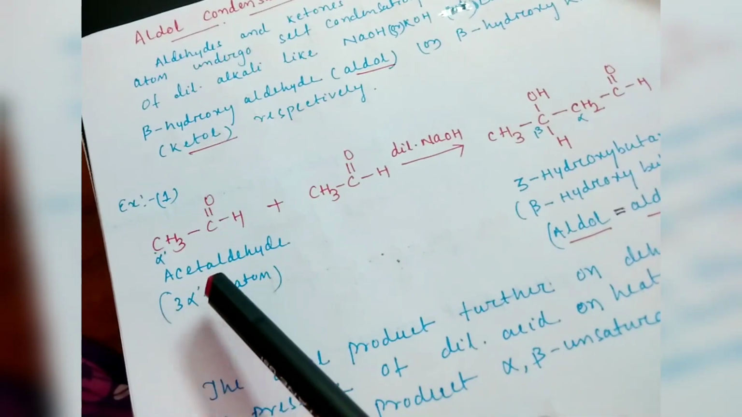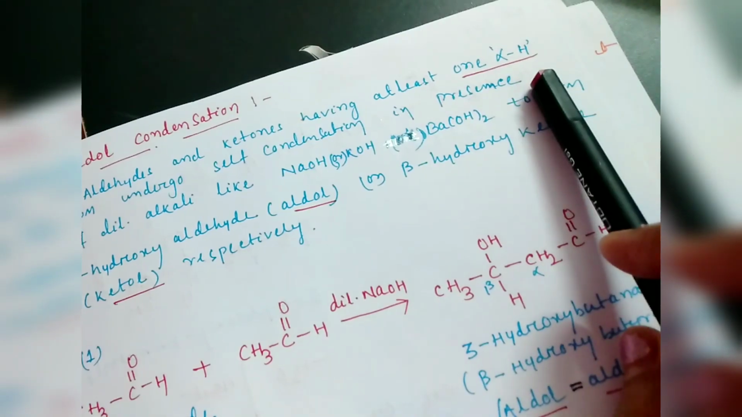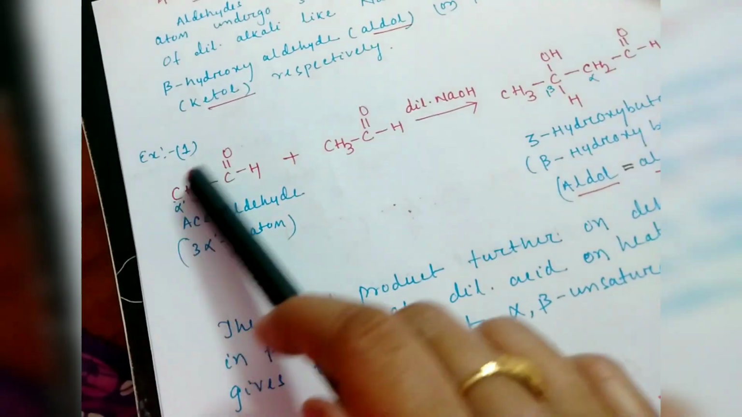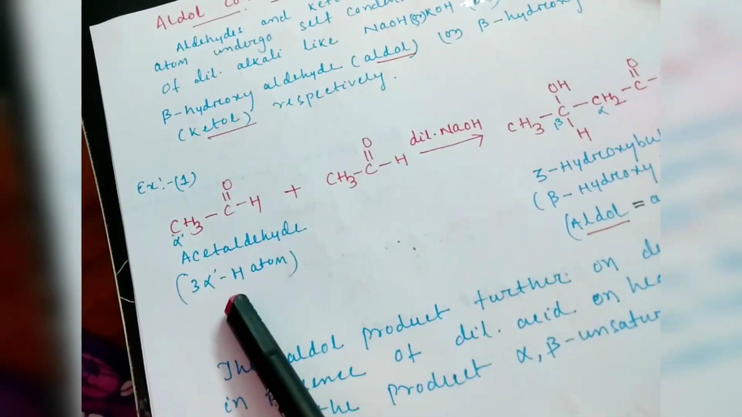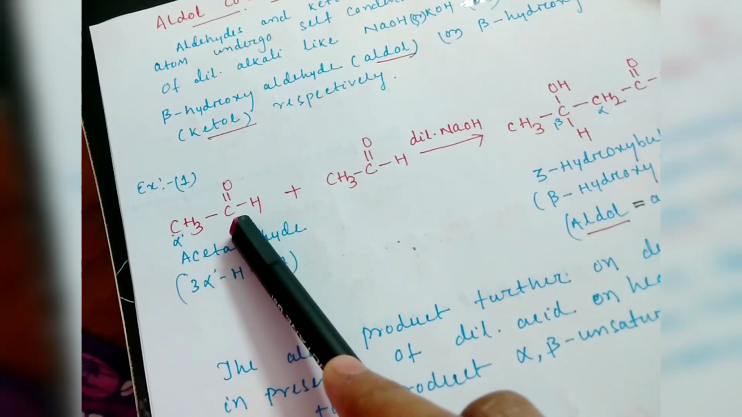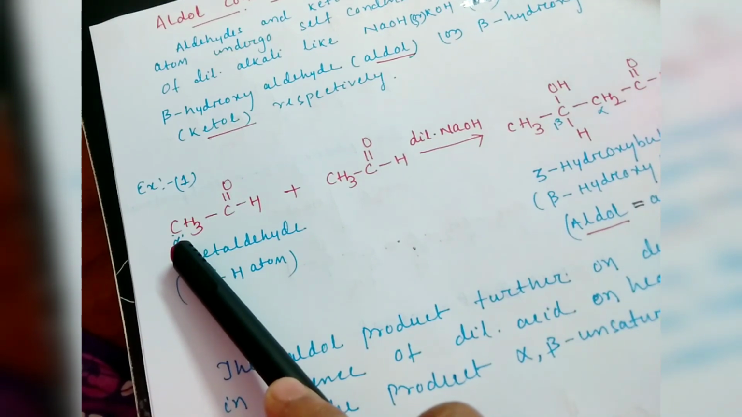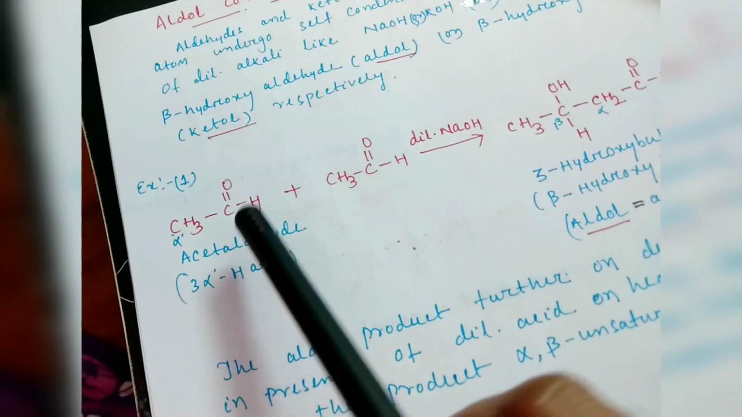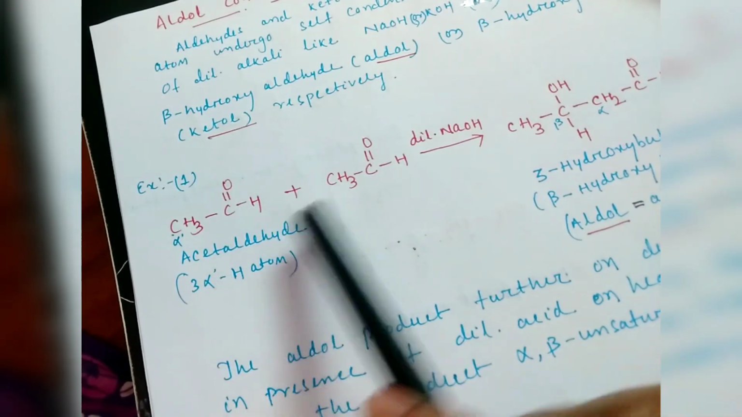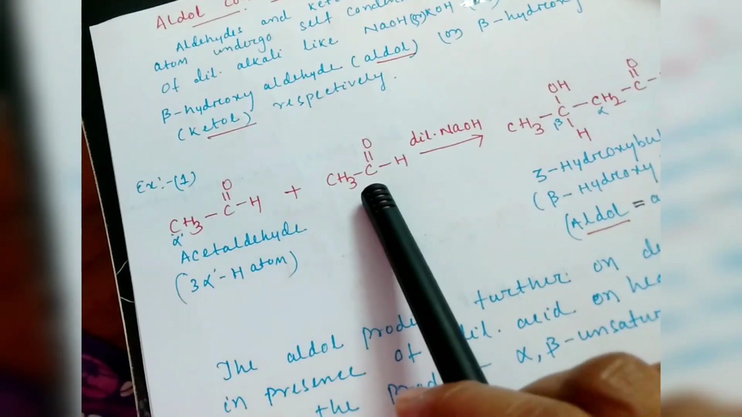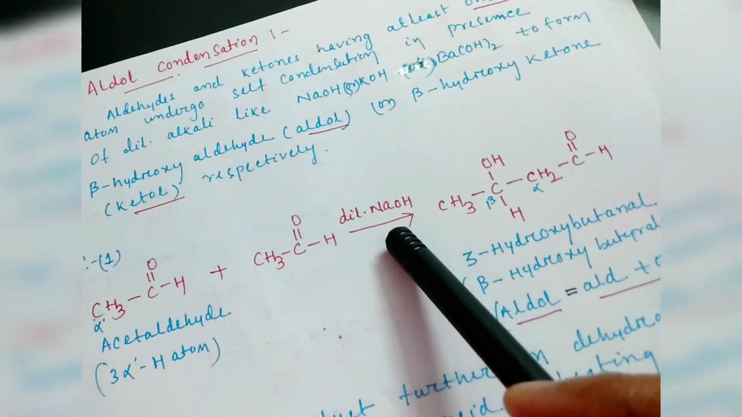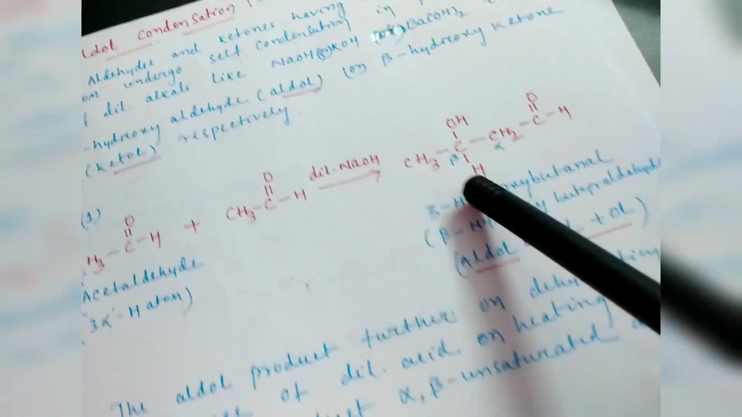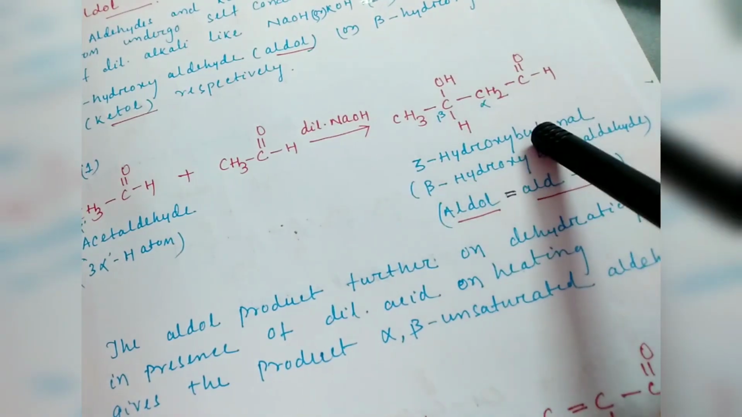In the last class we have already discussed what is an alpha hydrogen atom, what is an alpha carbon atom, all this. Now acetaldehyde is an aldehyde having alpha hydrogen atoms, because this is your functional group, and the carbon next to the functional group is your alpha carbon, so there are 3 alpha hydrogen atoms. So when 2 molecules of acetaldehyde, or ethanal, are treated with dilute sodium hydroxide, it forms the final product, that is a beta